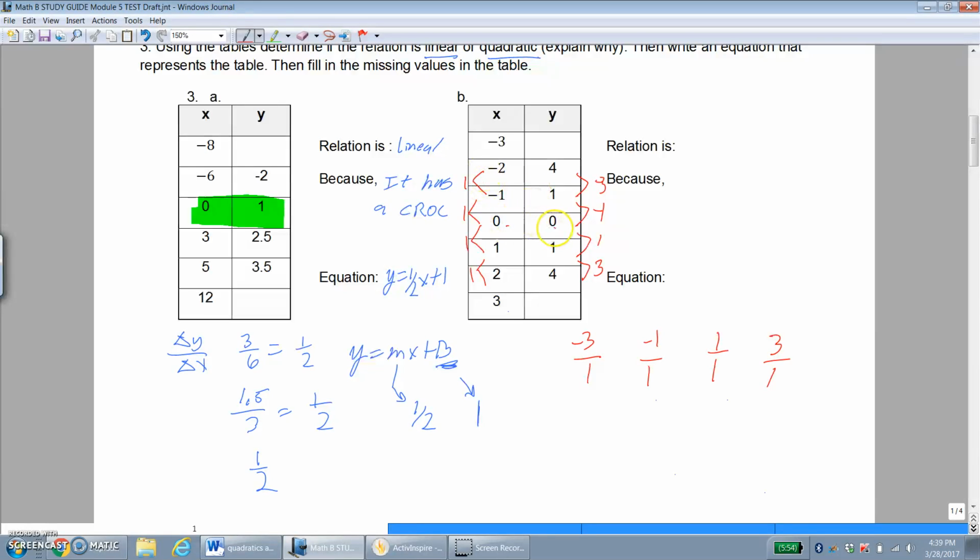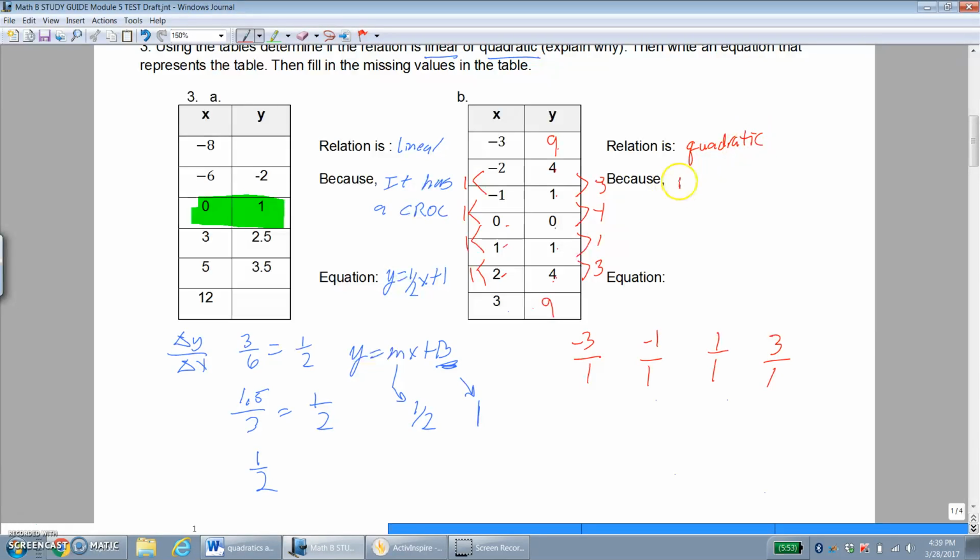I have 0 and 0, which is 0, 1 and 1, which is 1, 2 and 2, which is 4. Now I want you to notice, if you take the number and multiply it by itself, you're going to get the answer. -2 times -2 is 4, -1 times -1 is 1, 0 times 0 is 0, 1 times 1 is 1, 2 times 2 is 4, which means 3 times 3 is 9, and -3 times -3 is 9. I want you to notice how we have symmetry with 9 and 9, 4 and 4, 1 and 1, and 0. So this relationship is quadratic,